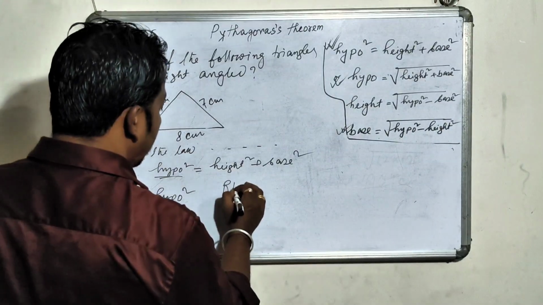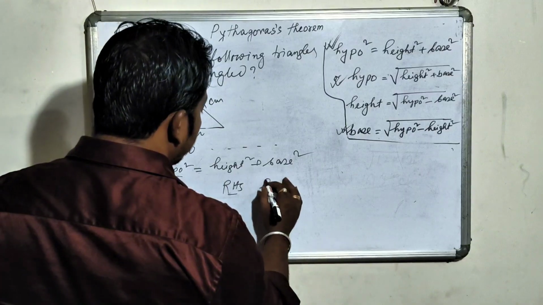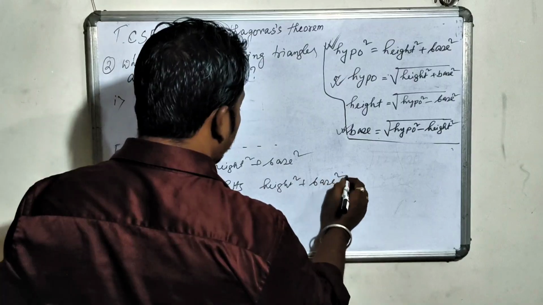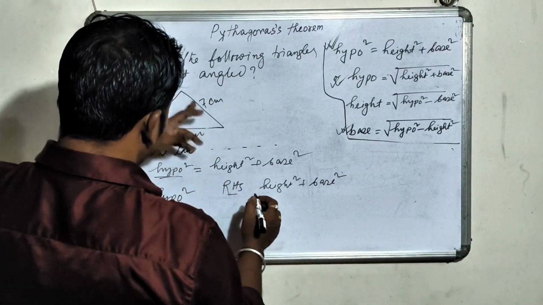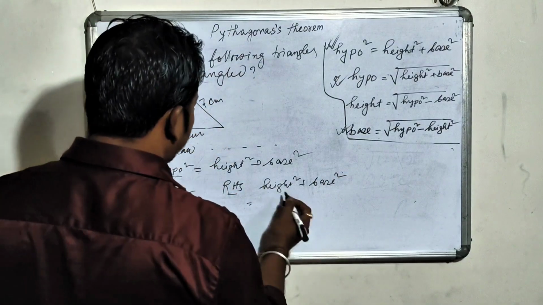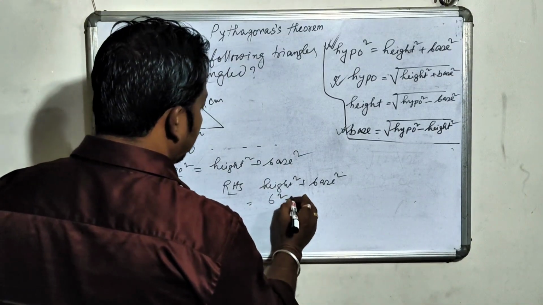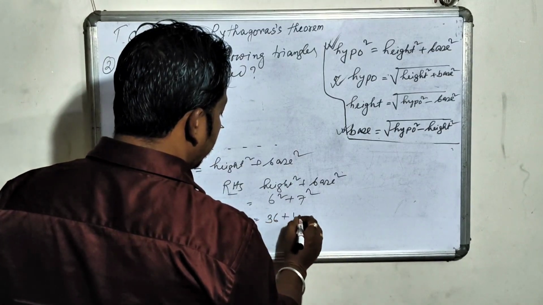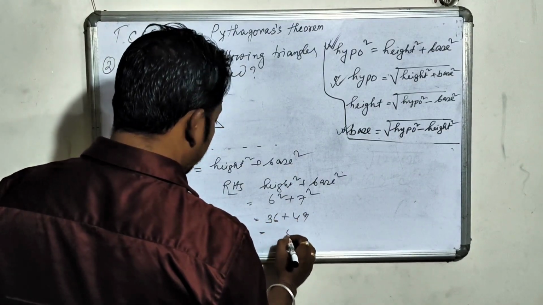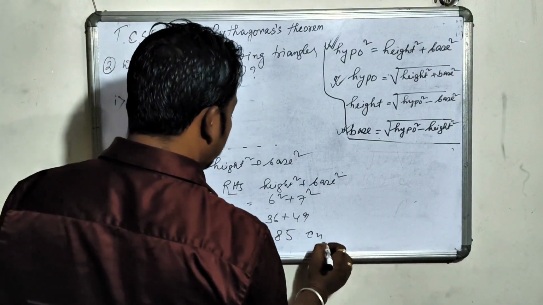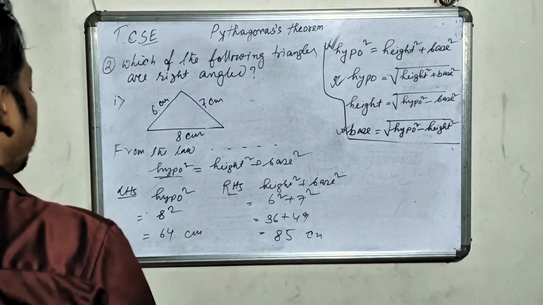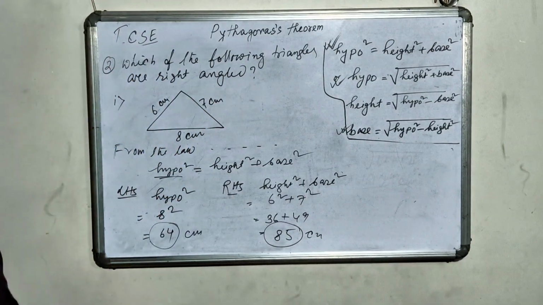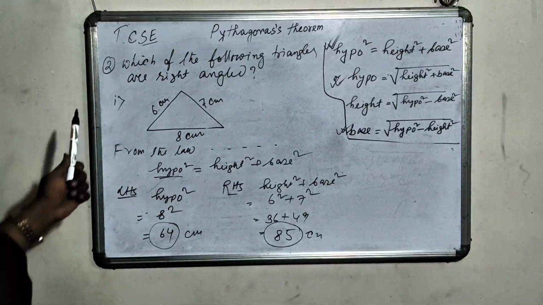Right hand side, RHS, the given value is height square plus base square. You can take any one of height or base, no problem. So 6 square plus 7 square centimeter. So 6 square is 36, 7 square is 49, that is 85. Okay, so now these values are not equal,